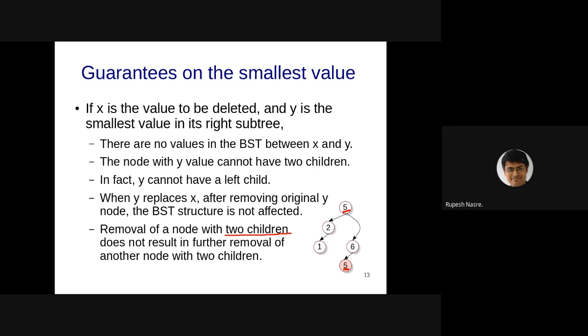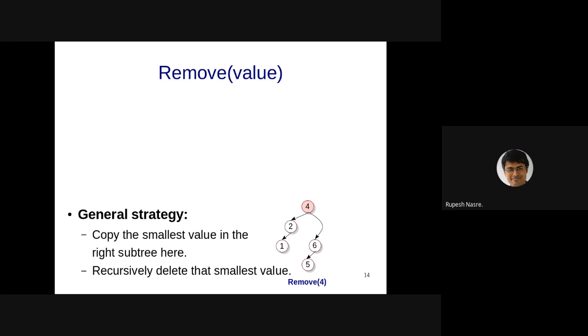So, okay, let's understand this. We are going to replace that 5 here. So 5 comes here, and now we would like to remove this node. Right? So remove 4 has resulted into remove 5.